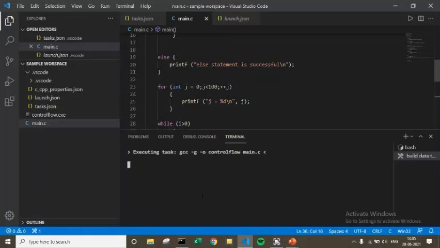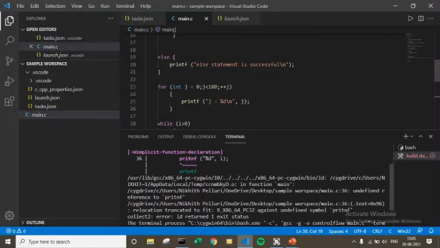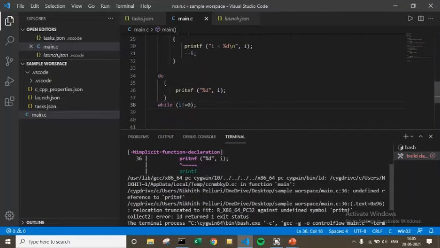So let's start it. Oh sorry, I wrote printf instead of printf.